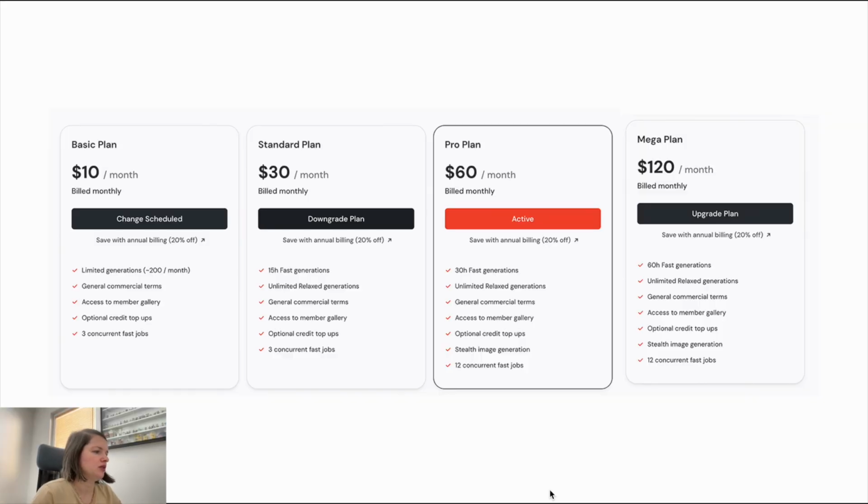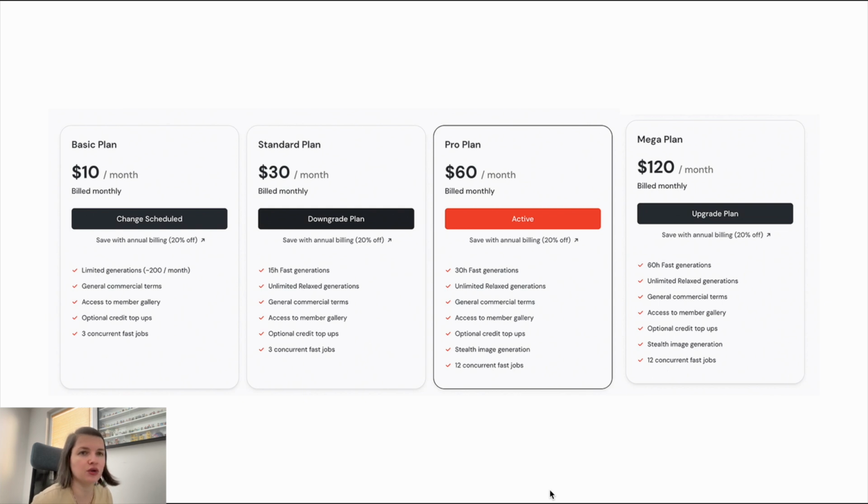I will move from a more general prompt to a more specific one, and you will see how changing the prompt will change the final result. And at the end of the video, I'm going to answer some of your questions. So let me start now. We are talking about Midjourney, and in order to create your AI images in there,